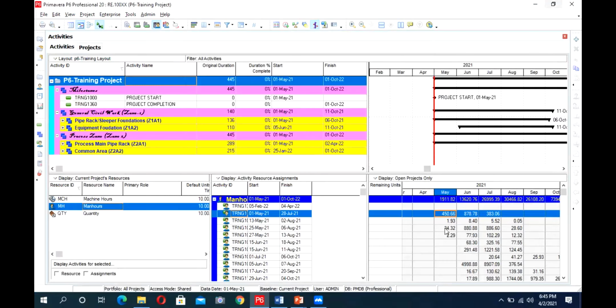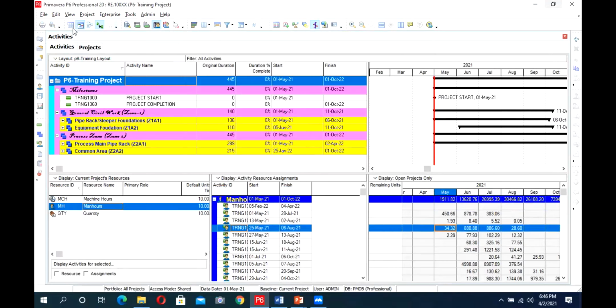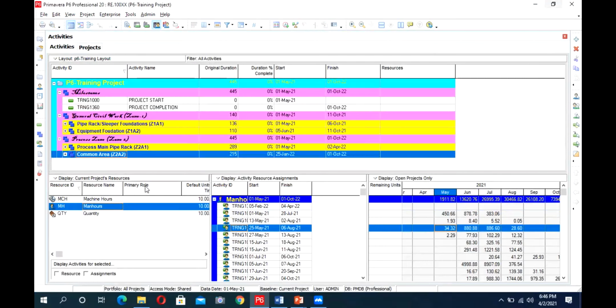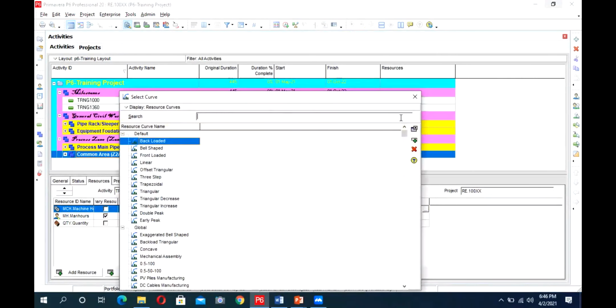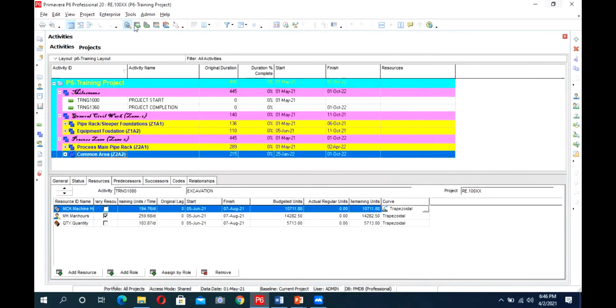You can go to another activity, which is this one. You go to the activity table, go to resource, change its resource type to backloaded or front loaded like this, so that your cumulative amount of man hours in that month decreases.